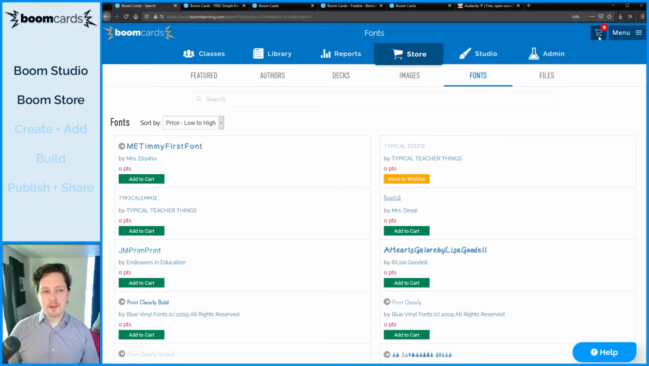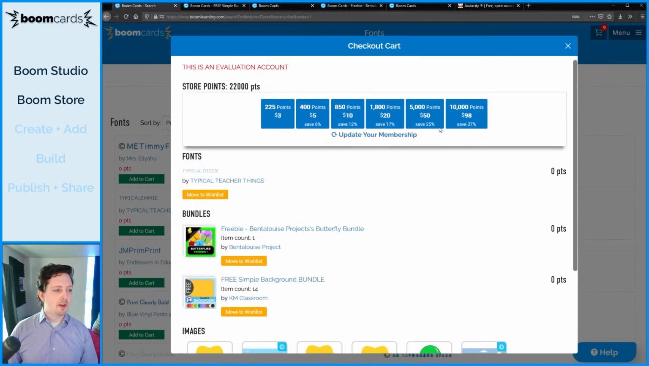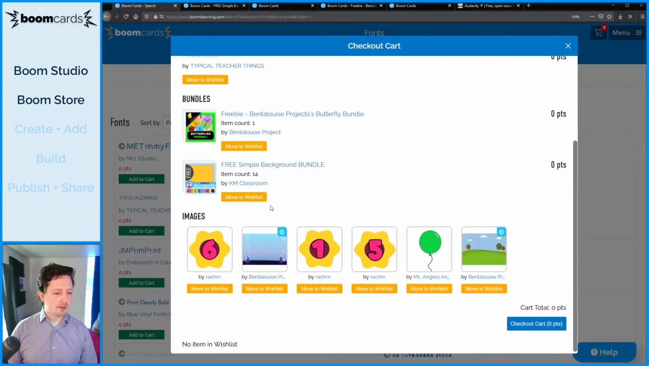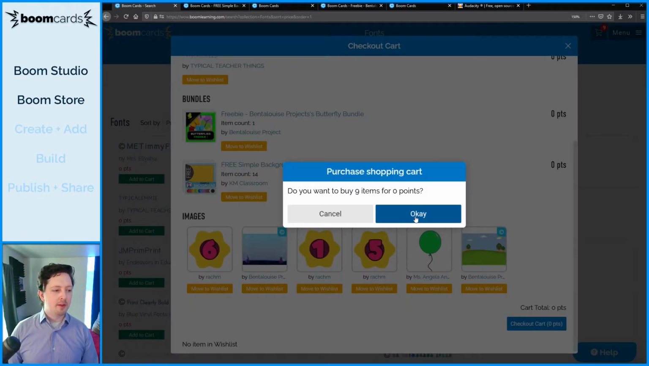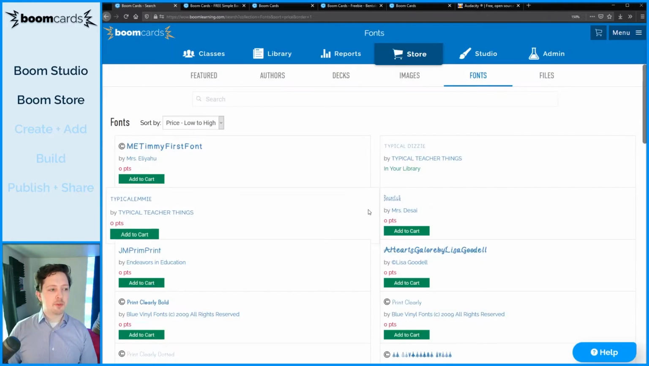These are free items since they cost 0 points, and if I click on the shopping cart, I will see everything that I've put inside of the shopping cart, and because it costs 0 points, I can just click checkout. Do you want to buy for free all 9 items for 0 points? Okay, I do, and purchase is complete. So these items will now be